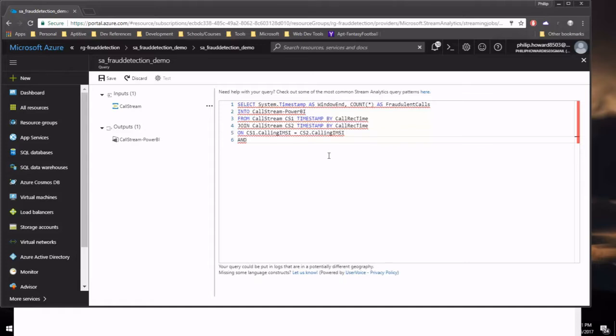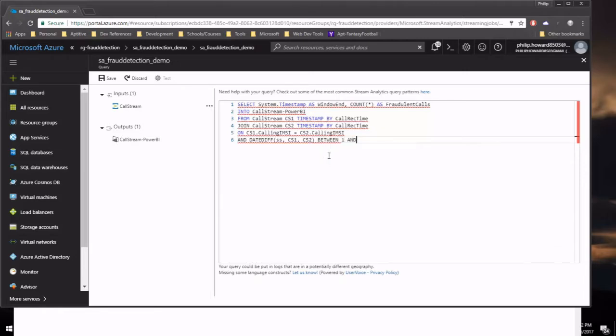Joining on data is similar to having to sample the data. I have to pick out a certain amount of time that these identifiers are equal. They're the same. So we actually have to use this date diff, and it's a little bit different from SQL Server's date diff. This one is meant for Stream Analytics. We're going to say seconds here, CS1 and CS2, since we've just timestamped those,